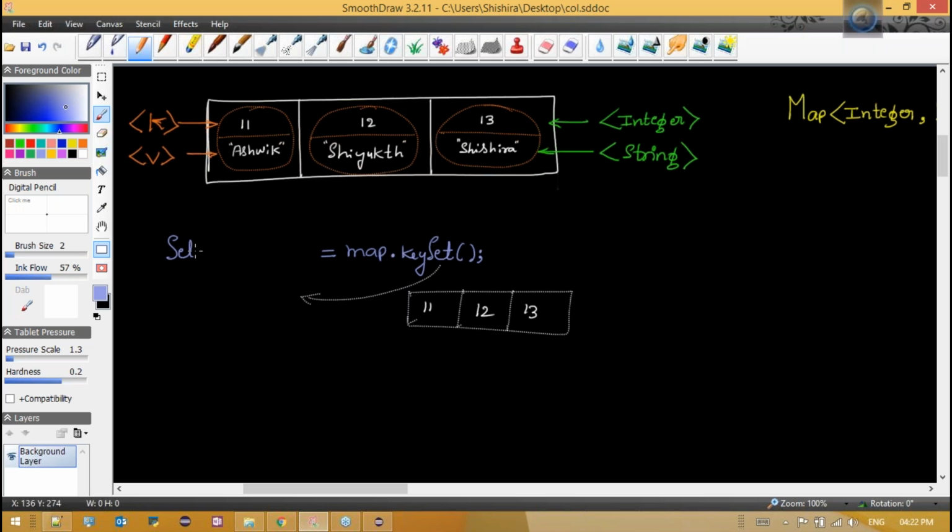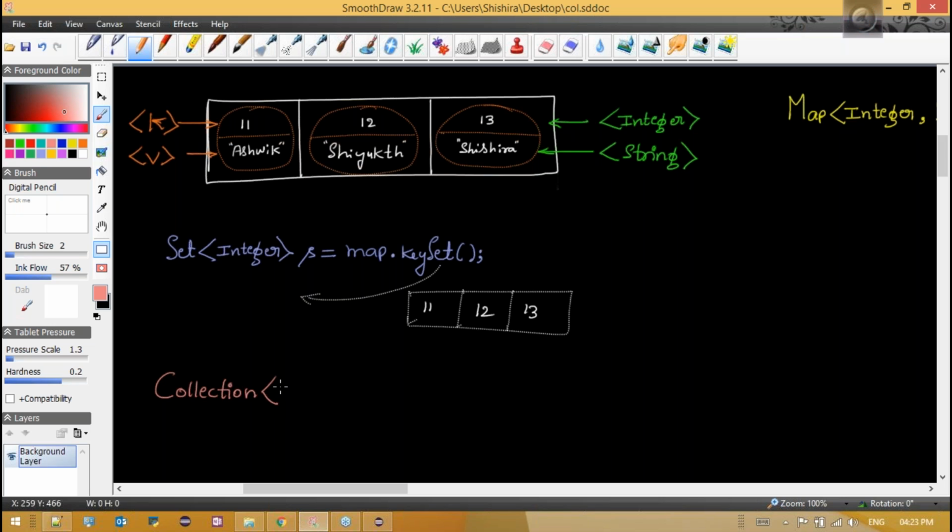When I say set, set is the data structure which can store unique data. So these are all unique data because in map key must always be unique, right? So it is integer. Okay, it returns set of integer. Yes, you give any name. So basically the key set method returns only keys but not the values, right? If I want all the values, then you should use a method called,